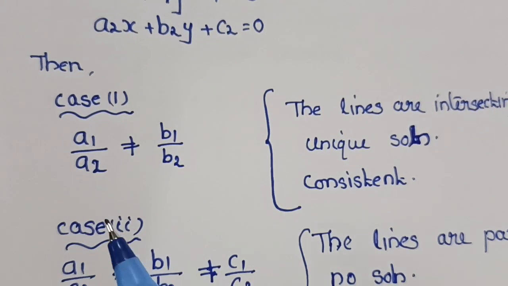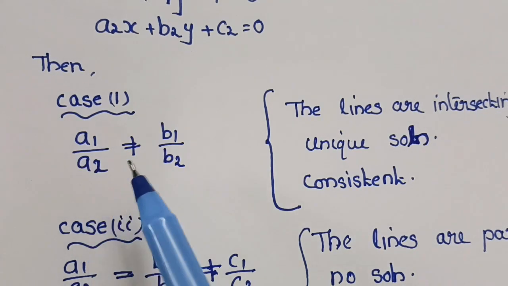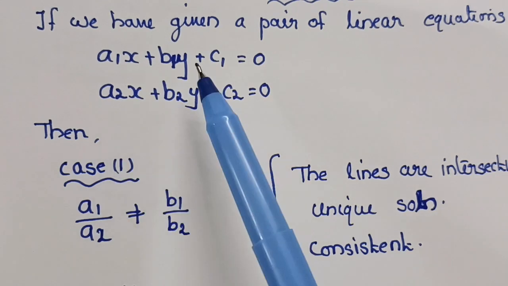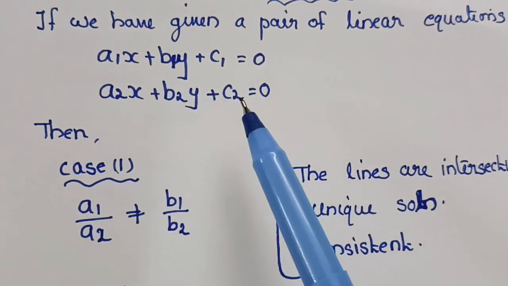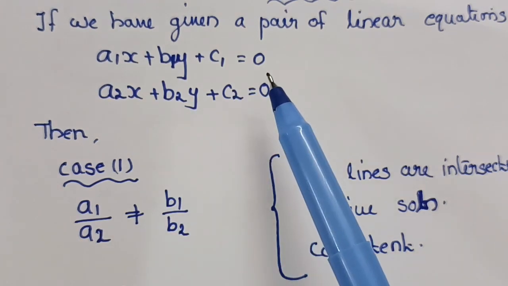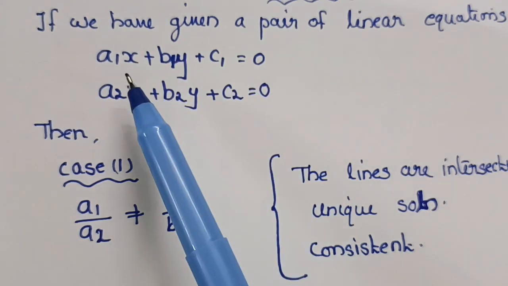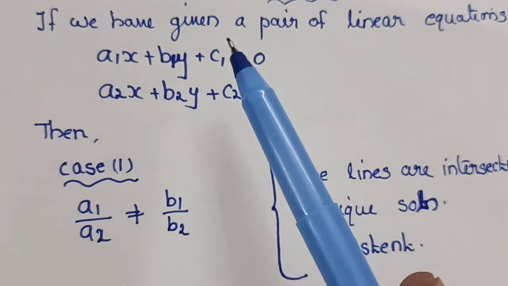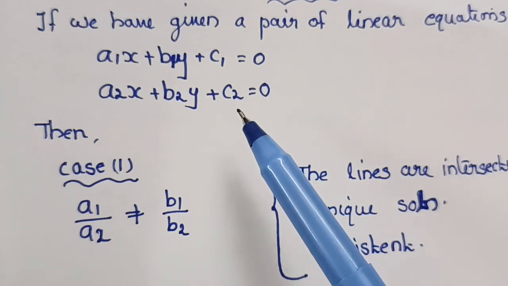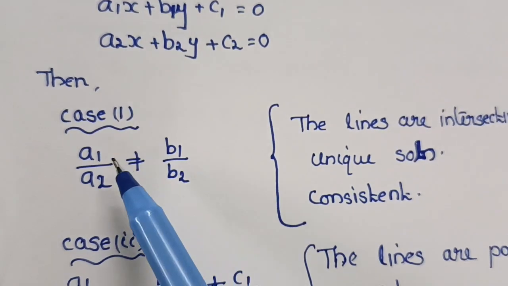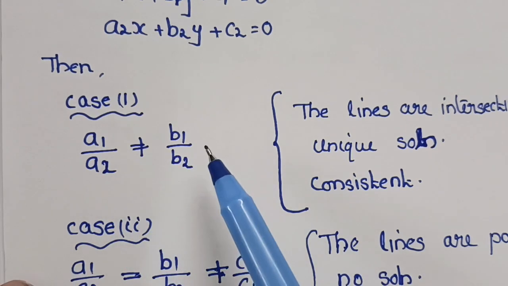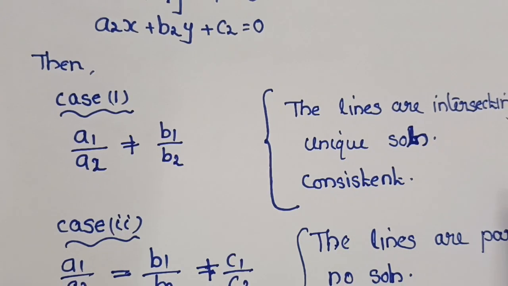Case 1, if a1 by a2 not equal to b1 by b2. Here a1, a2, b1, b2 and c1 and c2 are coefficients of x, y and constant respectively. That is, the coefficients of x are a1 and a2, coefficients of y are b1 and b2, and the constants are c1 and c2. So first we have to take a1 by a2 and b1 by b2. If a1 by a2 not equal to b1 by b2, then we can say that when we